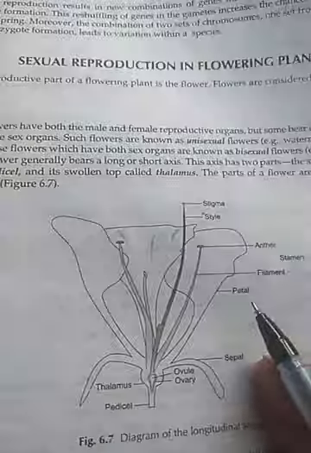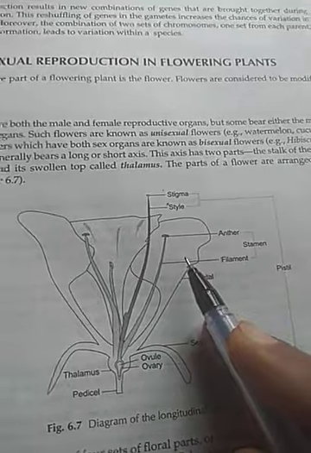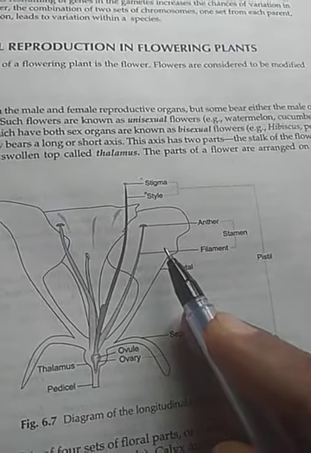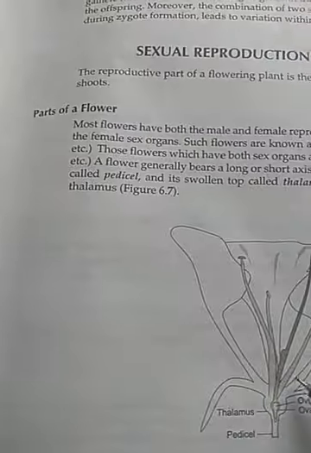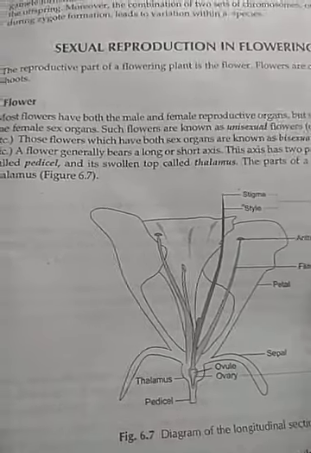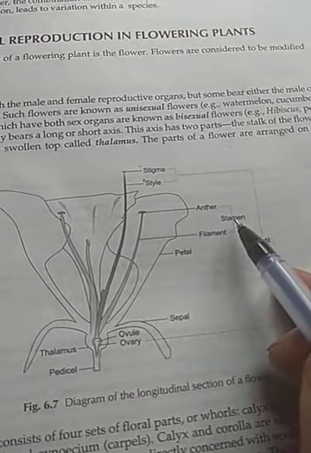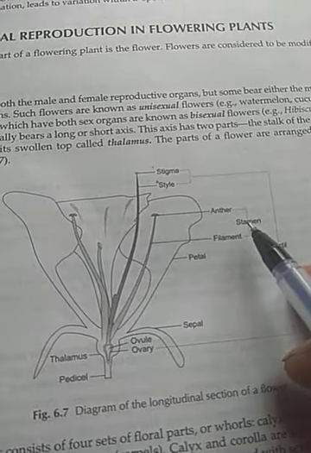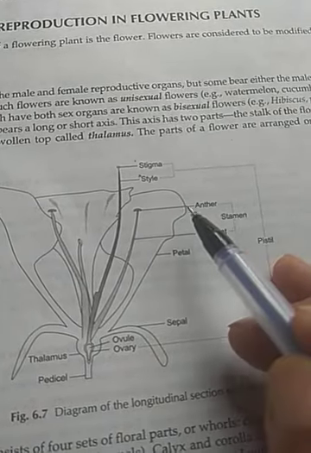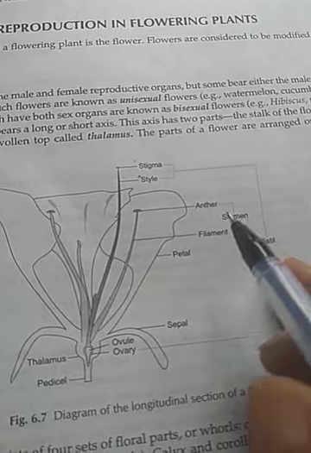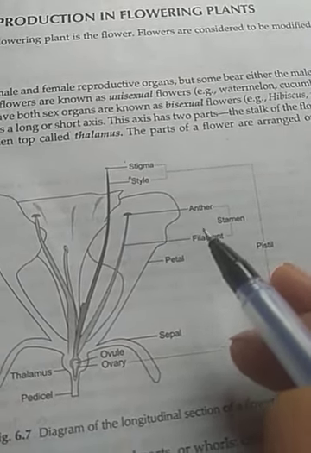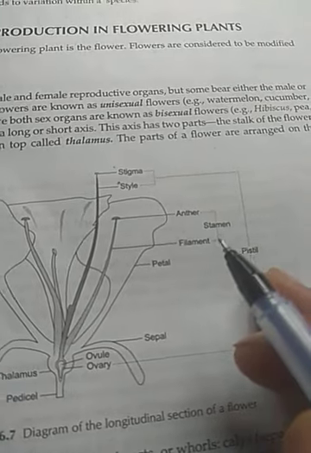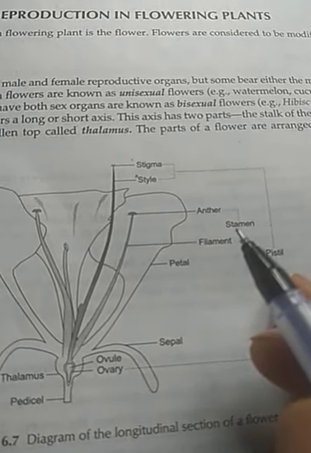After them, the second part is present here. This is called the petal. This is the colorful part, and many petals combined form the corolla. After that, the third part present here is called the stamen. This stamen is a long filamentous structure. The upper part is called the anther and the long cylindrical part is called the filament. Both combined are called the stamen, and it is the male part of the flower.